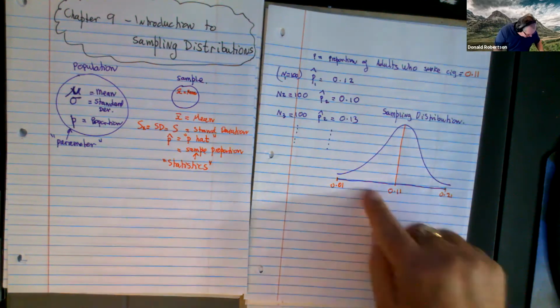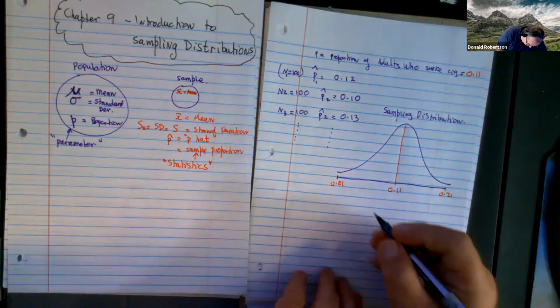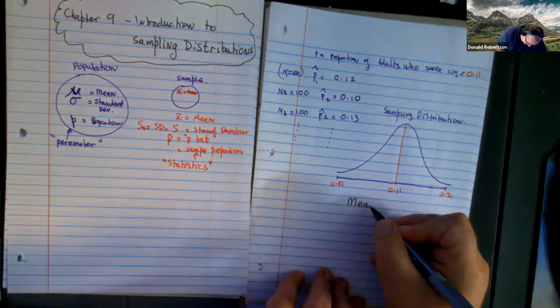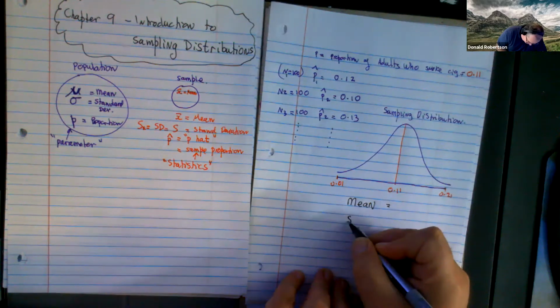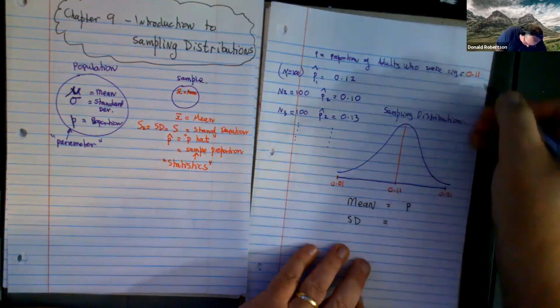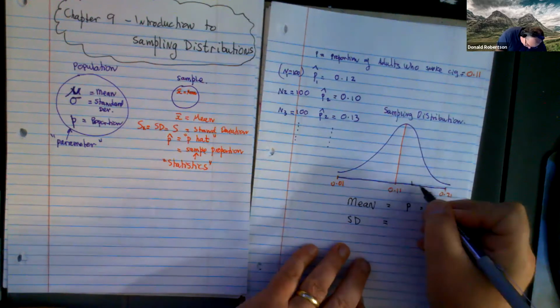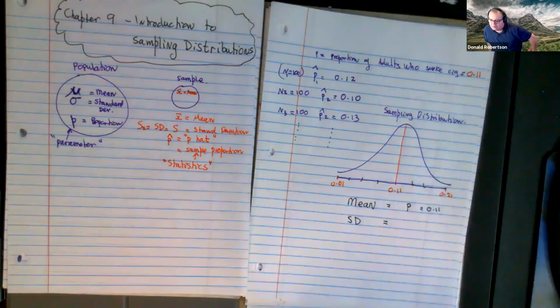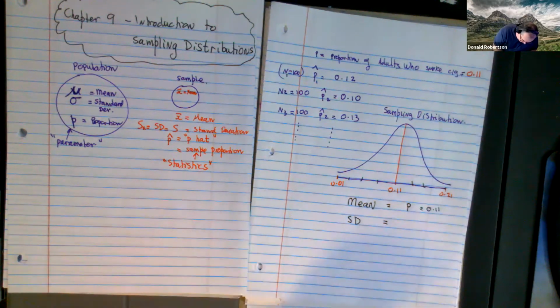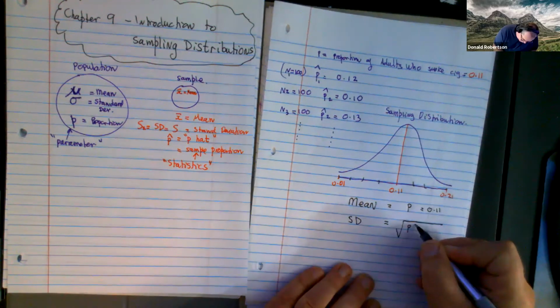Now, when you have a normal distribution, as we have here, a sampling distribution as I'm now going to call it, it has a mean and it has a standard deviation. Its mean is p, in this case 0.11. And it has a standard deviation. There is a formula that they have discovered for the standard deviation, how spread out this data is. The formula, a little bit weird, but it works, is the square root of p times 1 minus p,